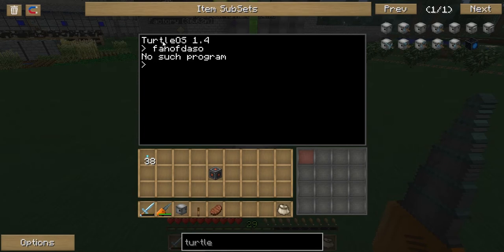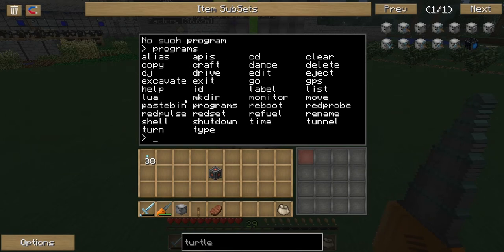Yeah, so there you go. It's basically a little robotic computer that you can program to do stuff. So first of all, let's go ahead and look at some of these programs. You can see there's already quite a few already listed in here. There's a bunch. And I'm not going to go into what each and every one of these does,